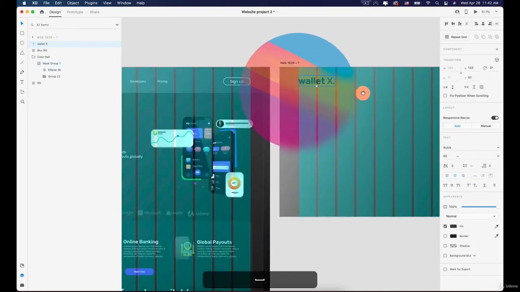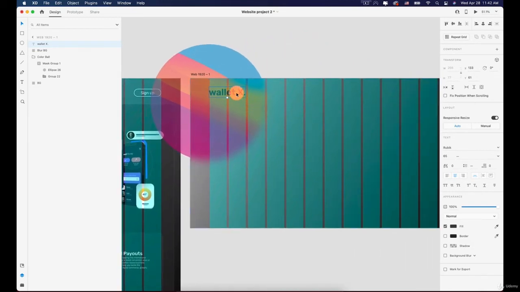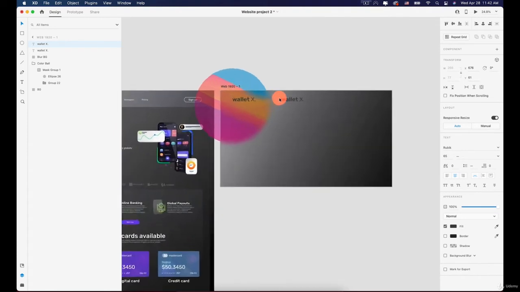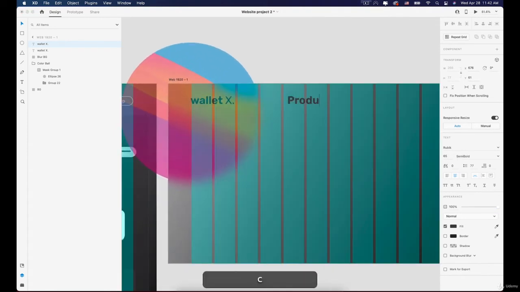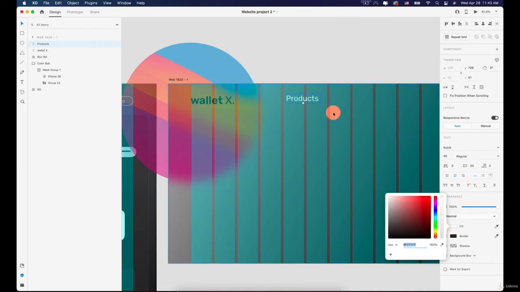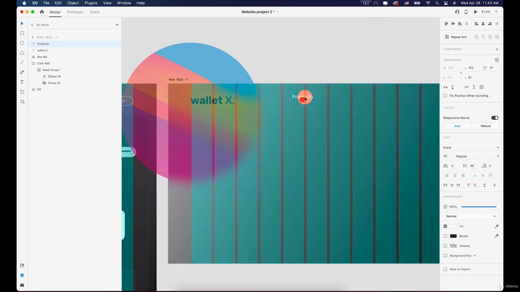And then we are going to create the menu. For that, I'm going to duplicate this one, move it over here, and then I'm going to write these texts that we have. We will have products, and of course we need to make it very small, and we will change the font symbol to light, or actually regular. Yeah, regular is good. We are going to change the color to white, and we will make it even smaller. And let's move it over here,